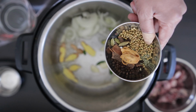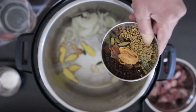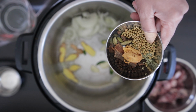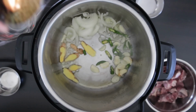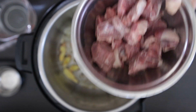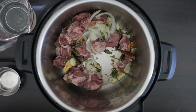Now for some whole spices, add in 2 tablespoons of fennel seeds, 2 tablespoons of coriander seeds, 1 teaspoon of cumin seeds, 2 black cardamoms, 5 green cardamoms, 10 cloves, 1 teaspoon of black peppercorns, and 1 mace flower or Javitri. Add this into the stock pot. I'm also going to add in 1 pound of bone-in mutton or lamb. Add salt to taste